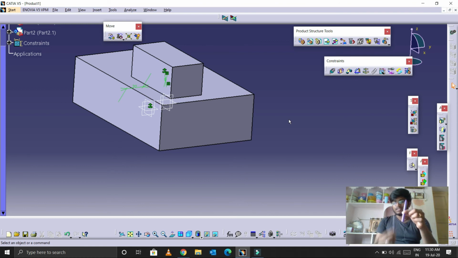Why? Because this is cylindrical, so it contains a central axis, nothing but the cylindrical axis, and the refill also contains a cylindrical axis. So this axis coincides with this axis, then both will coincide with each other. Like this I can insert this refill into this cap. So this is my second step, and my third step is I need to fix this cap to this pen like this. This is my third step.